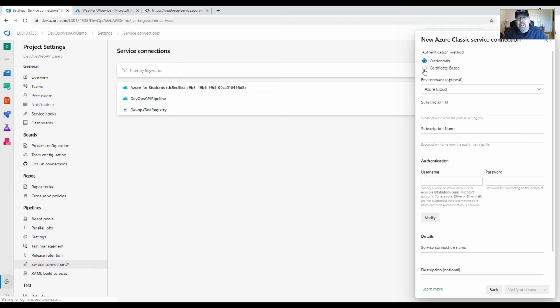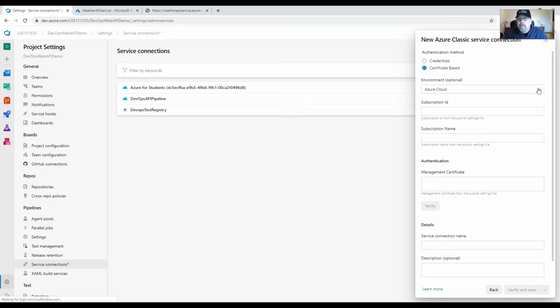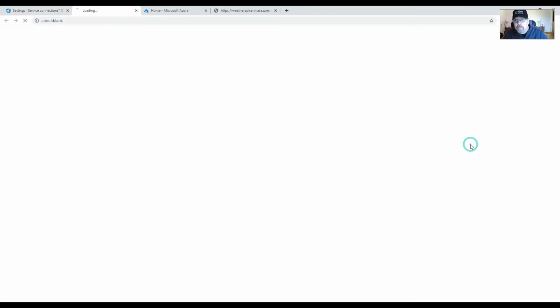you can have your credentials, so username and password. I wouldn't use that because that's not safe really. So use certificate based, Azure Cloud, we've already selected that. Okay, so when you put in your subscription ID and your subscription name, it doesn't really highlight there, but if you look at subscription name for the publish settings, there's a link there, but it doesn't show on mine. If you click this link, this will open up your Azure Cloud for you for that specific account